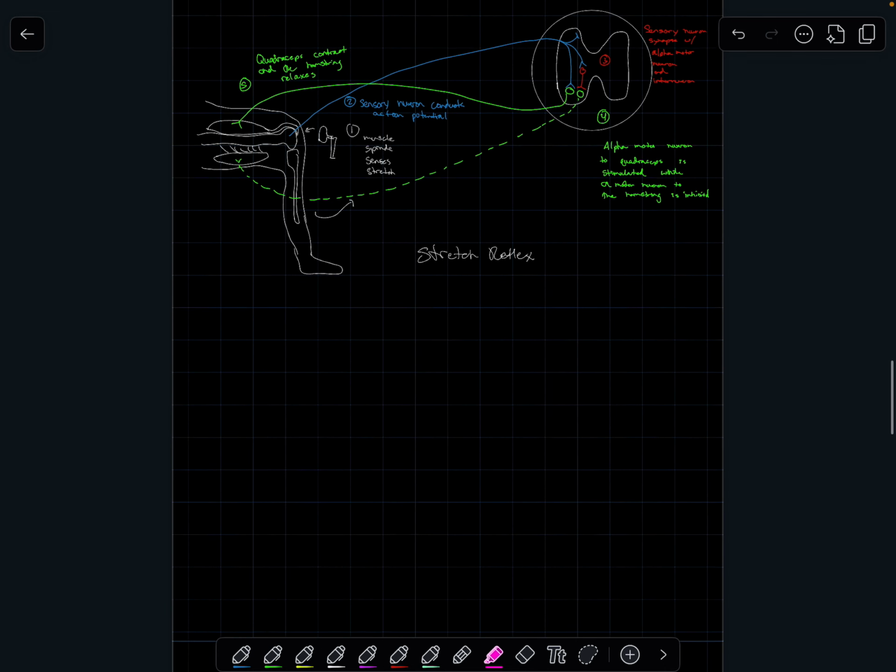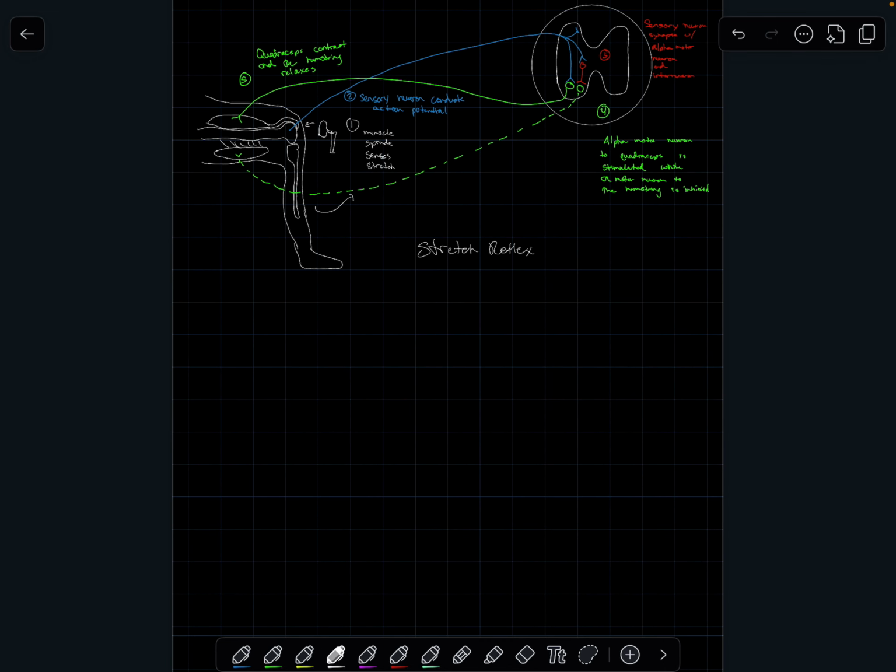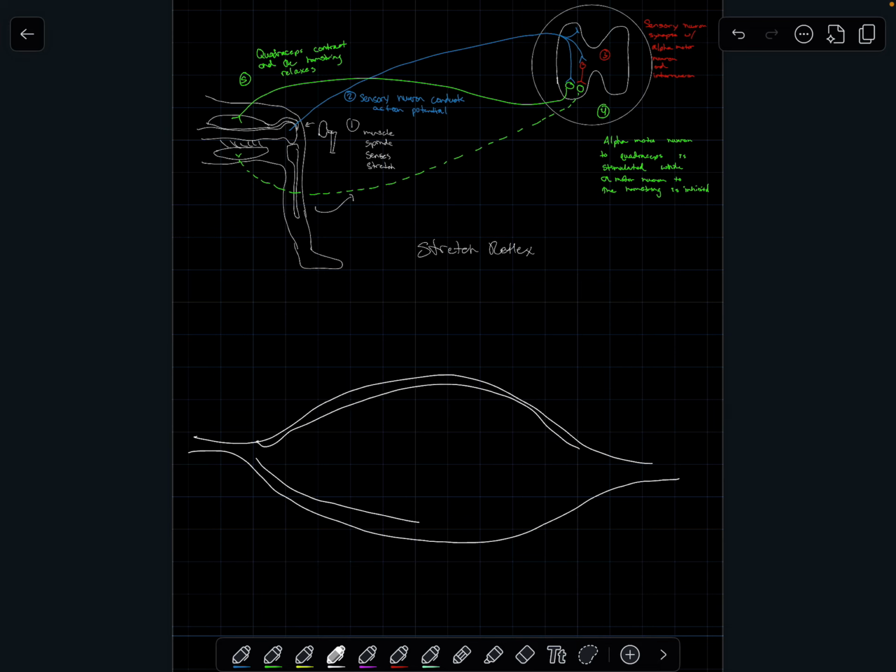So basically, in our muscle, we have these things called muscle spindle fibers. So here's a muscle. And inside, it's very striated. Inside our muscles, we have what's called muscle spindle fibers. And muscle spindle fibers, these guys